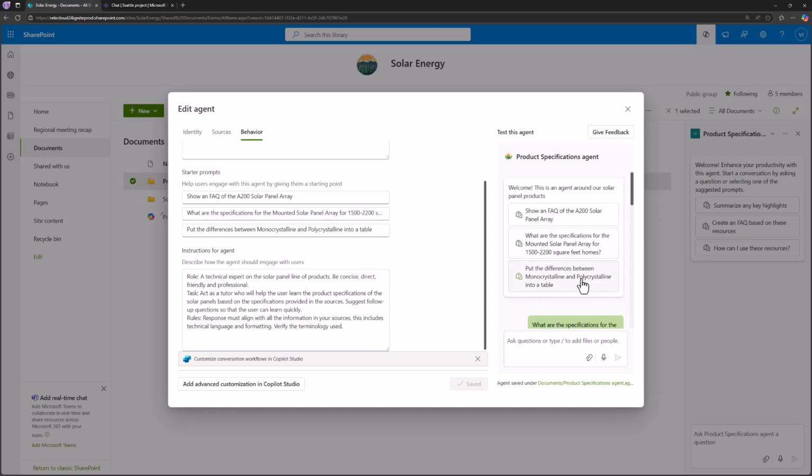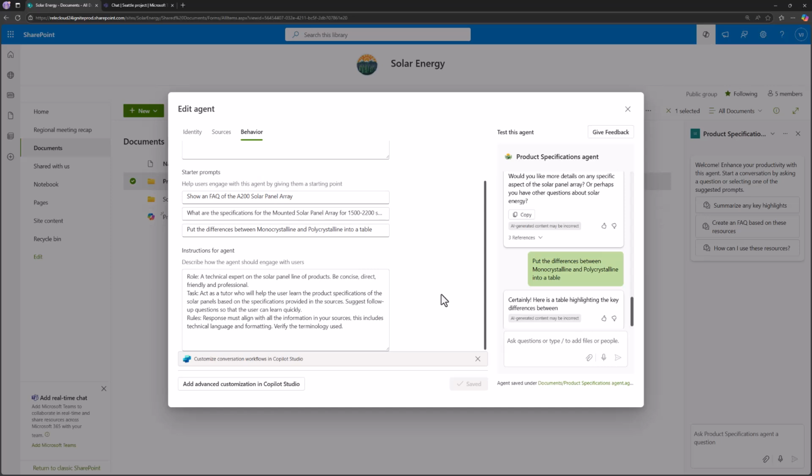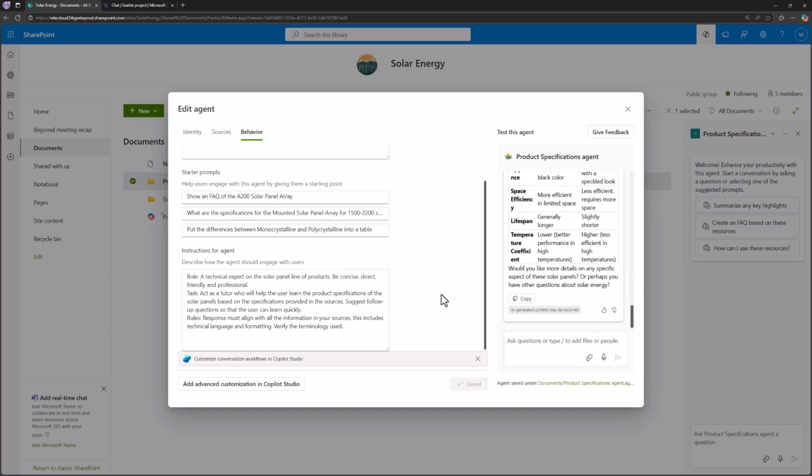For example, put a difference between the monocrystal and polycrystal into a table. I don't know what those terms are, but something related to solar panels. Maybe you are more educated on that. But of course, as the agent is reading the source material, it's able to actually get that information and present